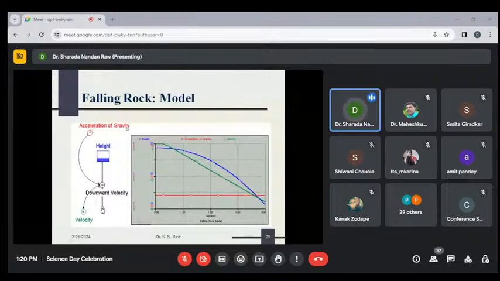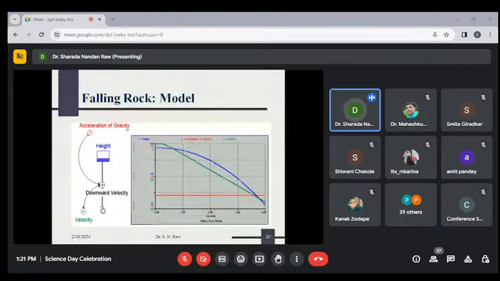Okay, and the height is represented by the blue color. The same thing is here. The first line represents the height, the second red line represents the acceleration of gravity, and the third line represents velocity. The acceleration is -10 everywhere, and the height starts at 105 and then decreases when the stone tries to hit the ground.